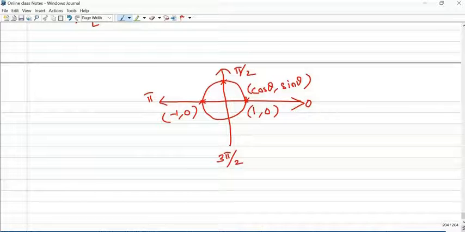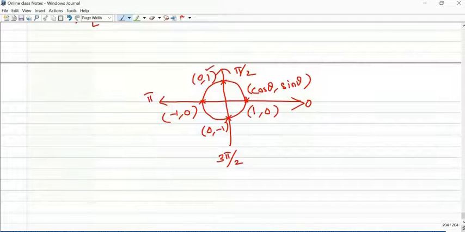Next. So here it is cos pi by 2 is 0, sin pi by 2 is 1. Then the opposite side is 0 comma minus 1. Okay. So if you have to understand this concept, because I'm going to replace sin 3n pi by 2 by minus sin n pi by 2. So sin pi by 2, if you look at sin pi by 2, the value is 1. If you look at sin 3 pi by 2, the value is minus 1. Okay, or I can write it as sin pi by 2 is equal to